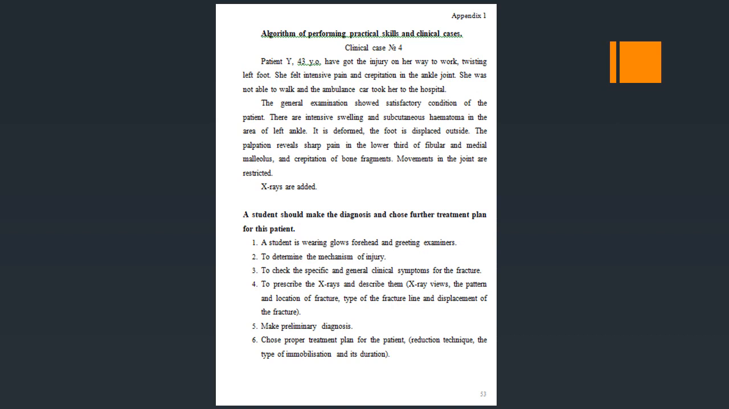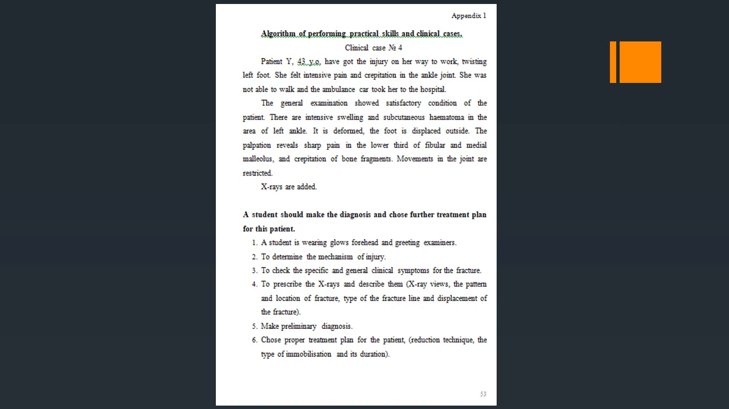So you are wearing gloves and entering the station. You should present yourself by telling the number from your badge, and then you go directly to the patient. So you ask the patient about the mechanism of injury, and you should tell the examiner that it is an indirect mechanism. Then you should start the examination of the